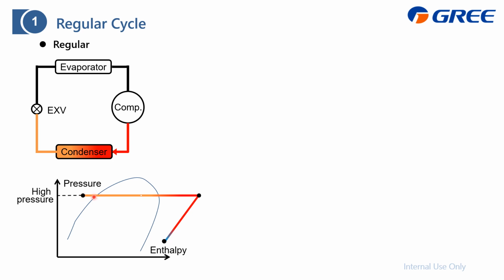And we send this liquid to the metering device. In this case it is the EXV, and after metering, it will become low pressure and temperature. Here is the gas and vapor mixture. Then we send this part to the evaporator to do cooling, which is to absorb heat. And here is still the low pressure. And after that, here it is already the vapor. We send this vapor to the compressor to be compressed.